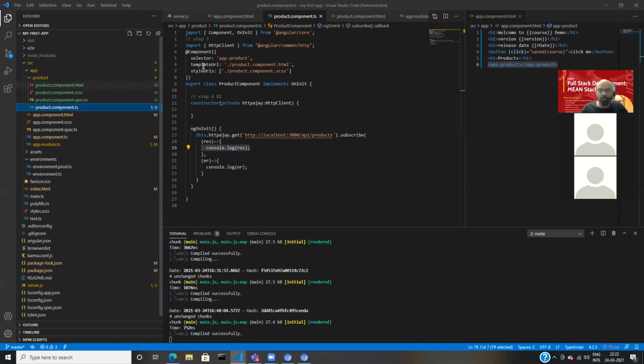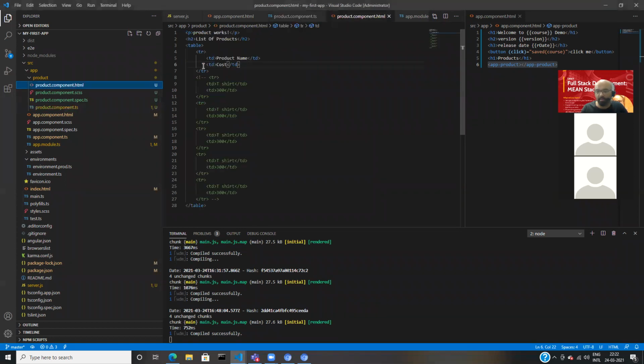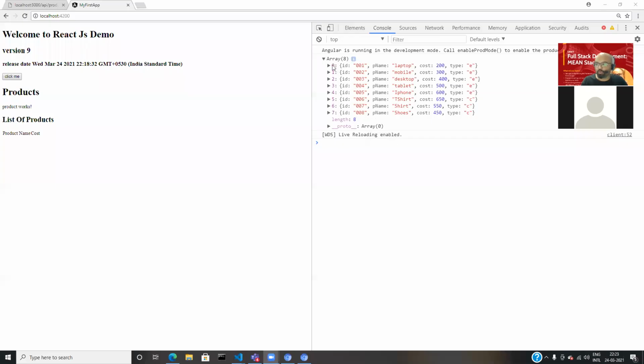Now tell me, if I wanted to print the table, if I wanted to print multiple data, multiple records, what exactly should I use from the control statements, because I have multiple rows? I have 8 rows and four columns. So what exactly should I use from the control statement to print this?